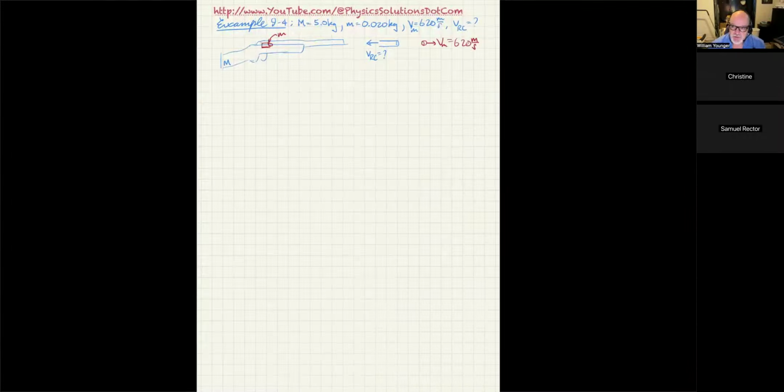Then after the trigger is pulled, an explosion occurs in the cartridge, and that forces the shell out of the cartridge. And that same explosive force that pushes the shell forward with the muzzle velocity V sub M is the same force that's pushing backwards on the gun. And that force causes the gun to move back with some velocity, and that velocity is called the recoil velocity. You're sort of imagining it as if you didn't have any kind of shoulder or anything stopping it, with this conservation of momentum problem.